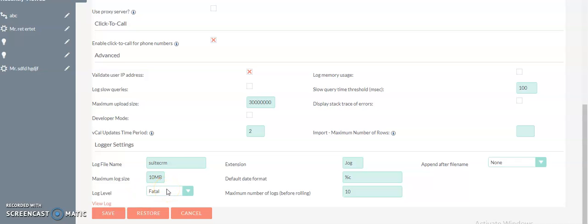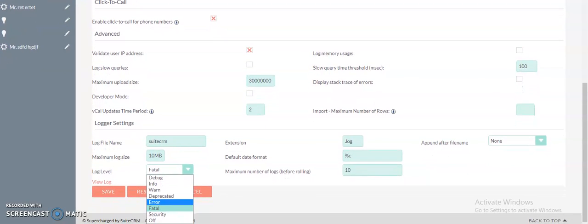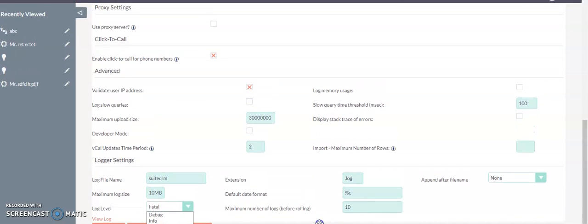This is the main thing that is very important in SuiteCRM, the dashboard for logs. Log level: debug, info, warn, deprecated, error, fatal, security, off. These are all settings that you can change as you need.